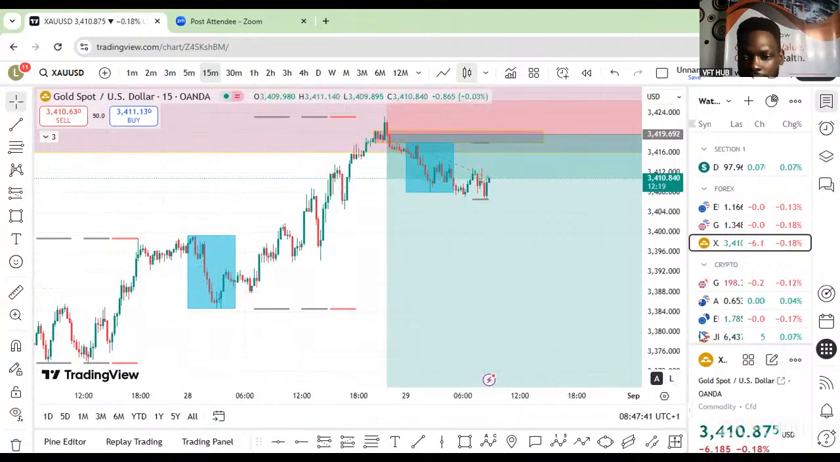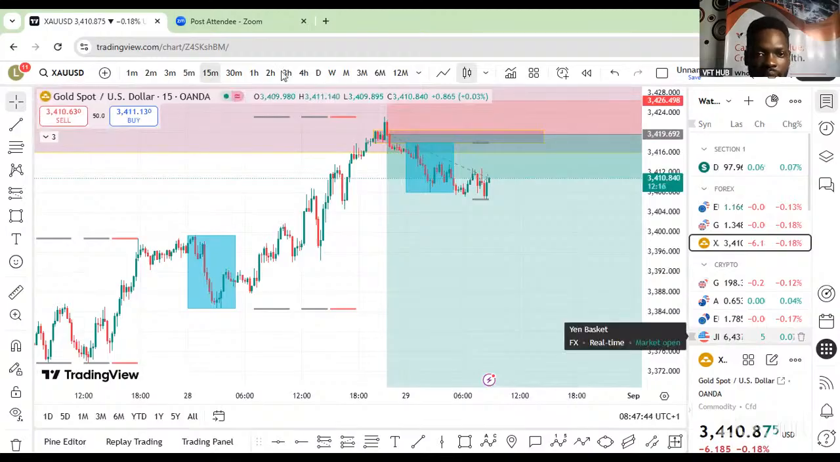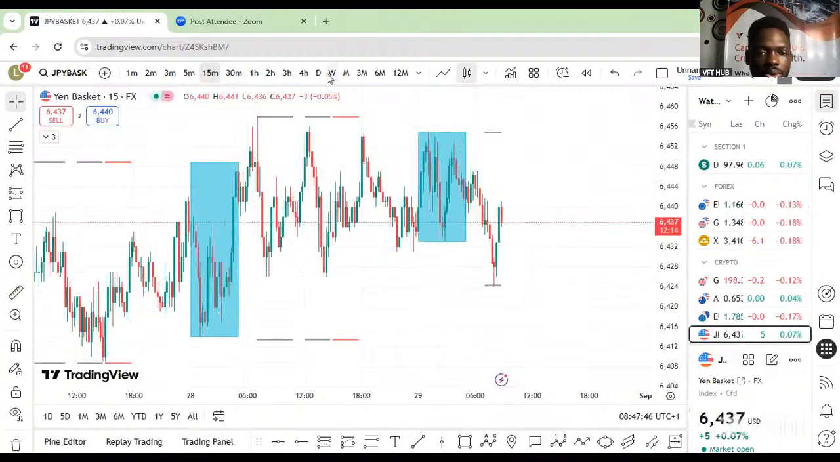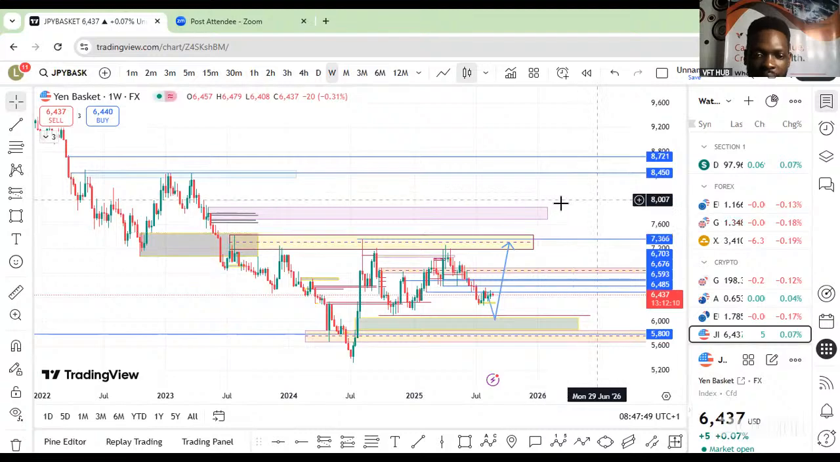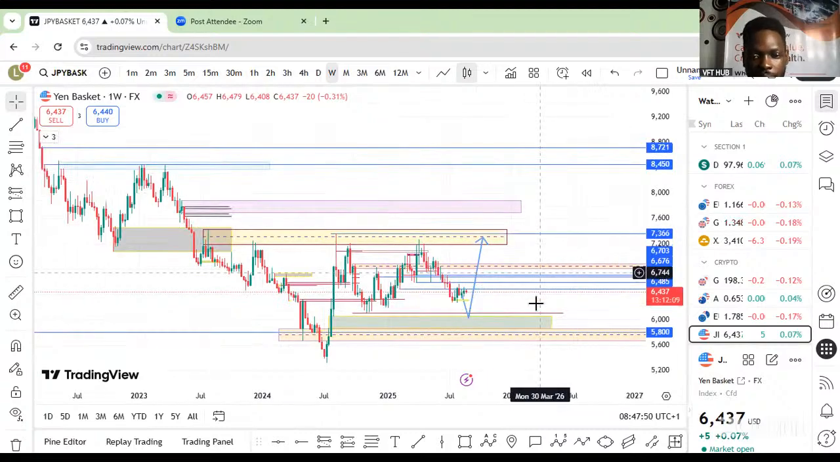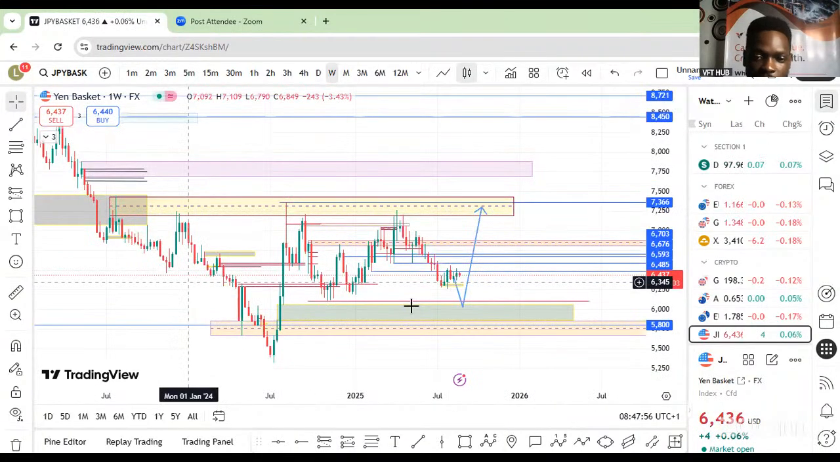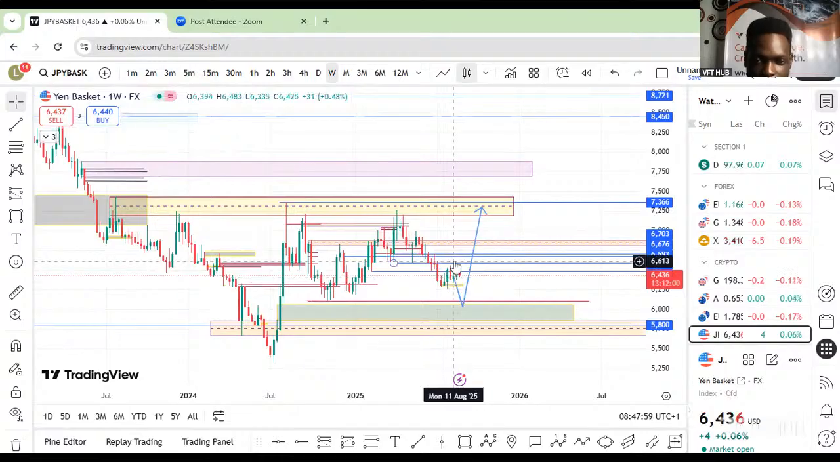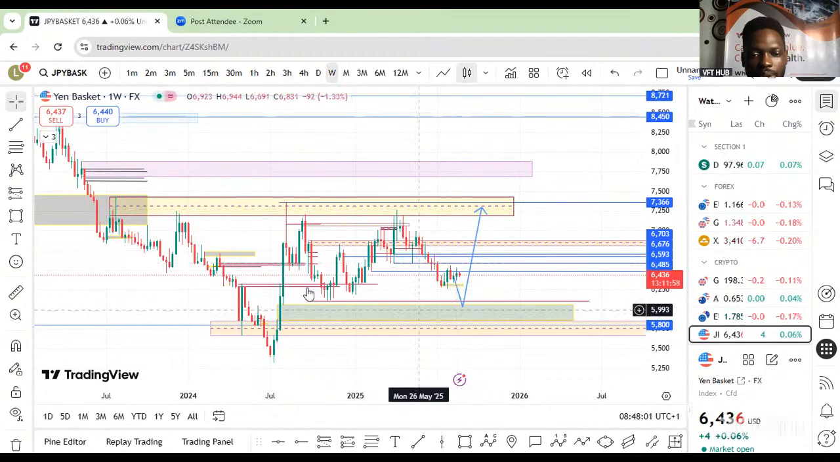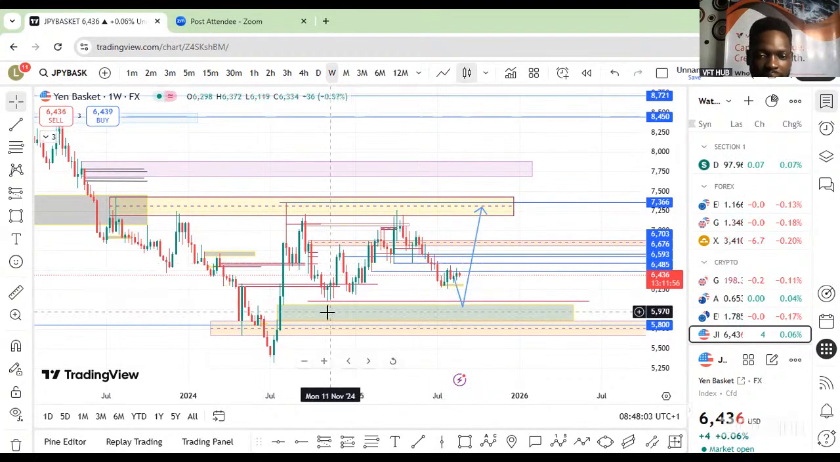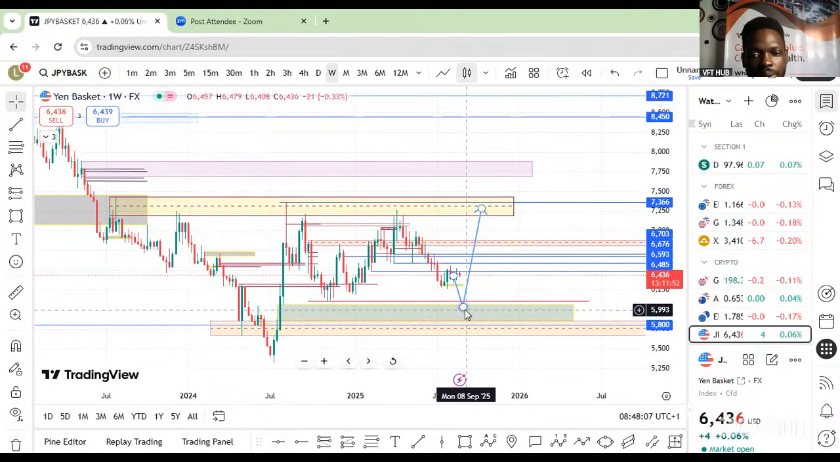Now let's quickly get to Japan to see what is really going on in the yen basket, and we can use that to justify our move on the other yen correlated pairs. All right. Now, if you look at the yen basket on the weekly time frame, our bias still remains the same, that we still expect it to sell a little bit more, take out liquidity, tap into our weekly reference point,